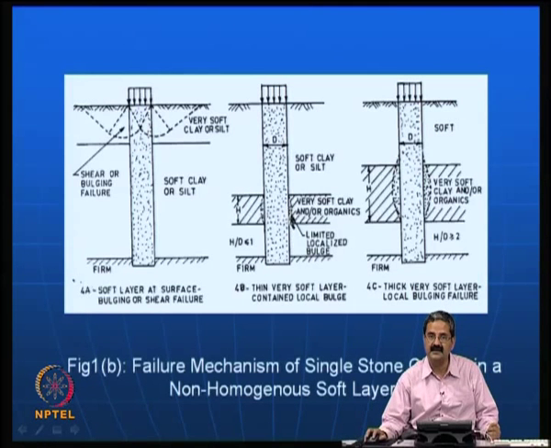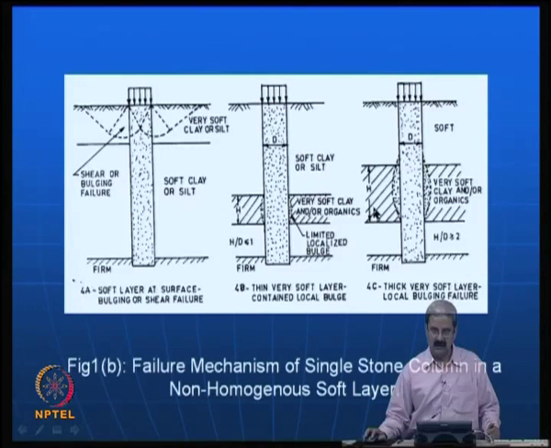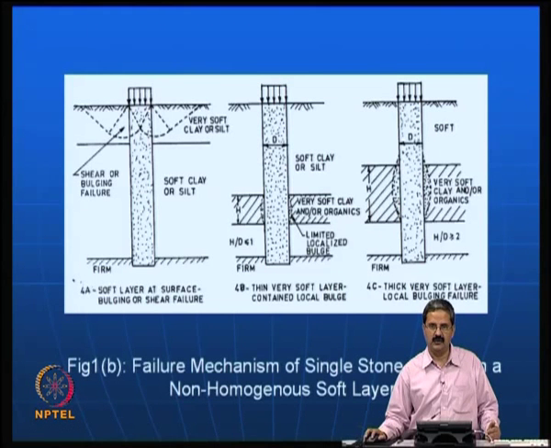There could be another case like this, where you have an inhomogeneous clay with soft soil somewhere, and then the bulging is likely. The other possibility is that you have a thicker stratum and the bulging is likely. One can get a feel of this from the actual investigation. For example, if you do a complete soil investigation up to say 15-20 meters depth, it will clearly highlight that you have some soft soil here, a stiffer layer here, and it could be a weaker layer there.